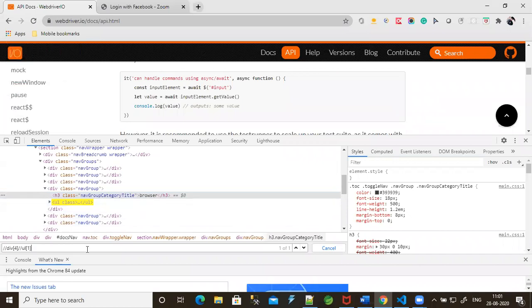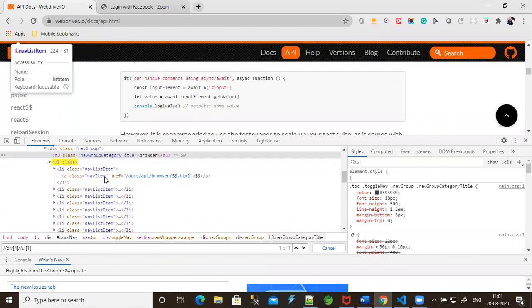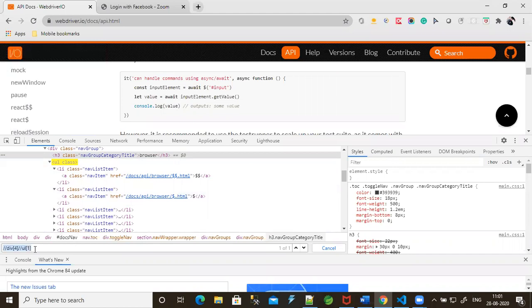I use an XPath here for the particular UL. Inside this, with the double dollar, I need to get all the elements. So I'm using this particular XPath.